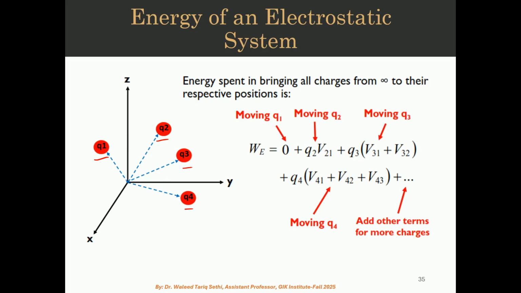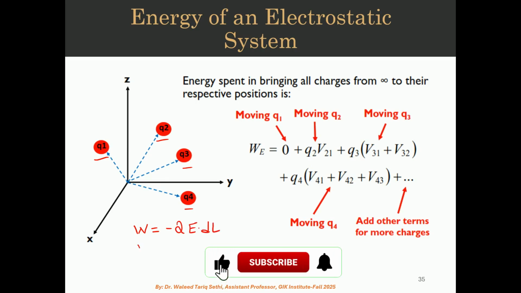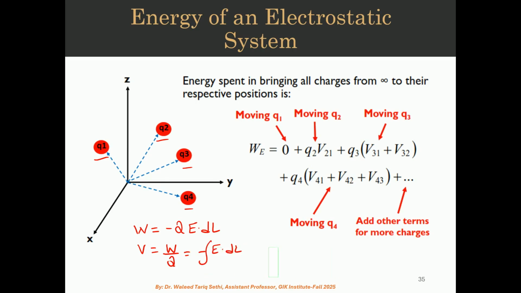So the idea is how can we find the energy inside an electrostatic system? We already have talked about potential, and we know that the potential is extracted from the work done. The equation of the work done was Q E dot dl, and we know that potential was the work done in moving a charge, which gave us the value of E dot dl, an integral from the initial to the final value. But now we want to know how much is the energy expended in finding out this potential, or basically what is the energy flow,